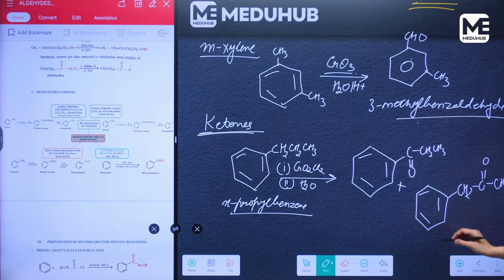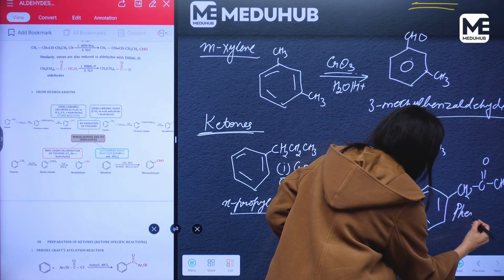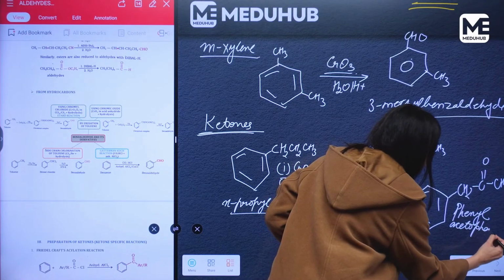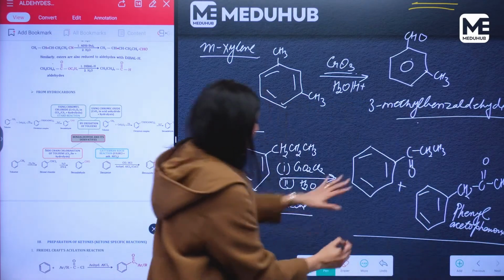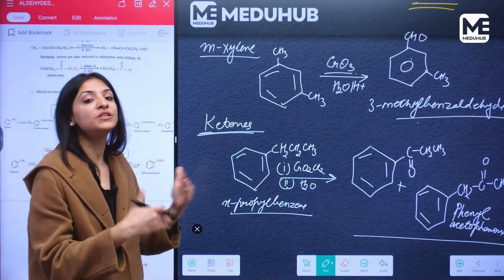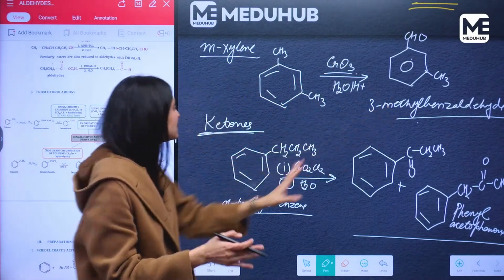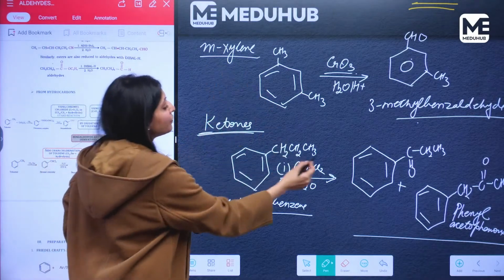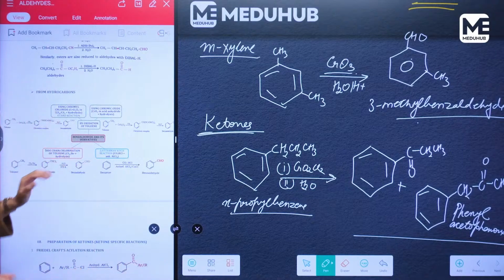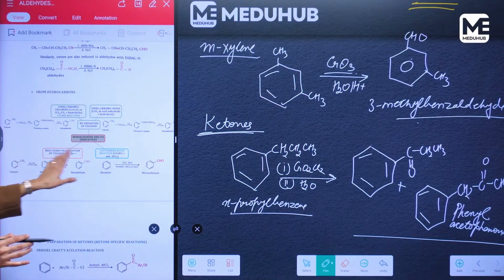CH3, which is phenyl acetophenone. So these two reactions are not there in your book. They are a little advanced, but you need to understand, in case there is another methyl group, only one of them will get oxidized. And if instead of methyl group, we have a propyl group, a mixture of ketones would be formed. The next reaction where we can get a benzaldehyde or its derivative is using side chain chlorination of